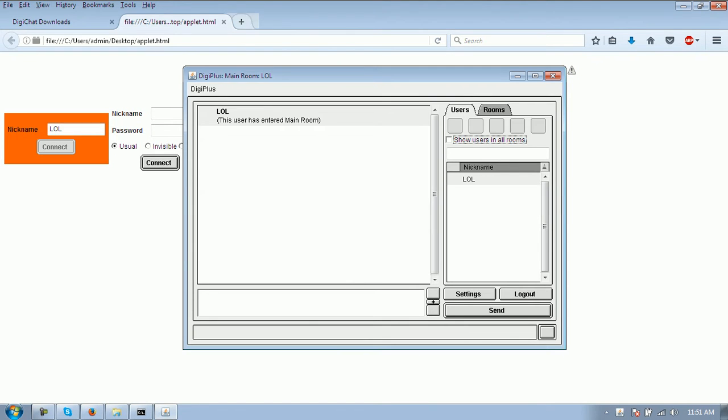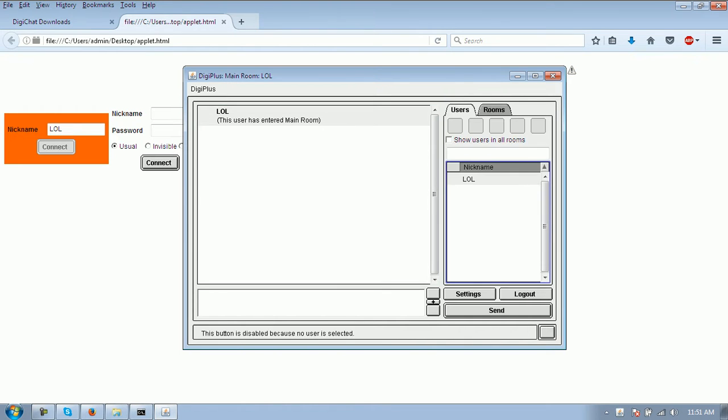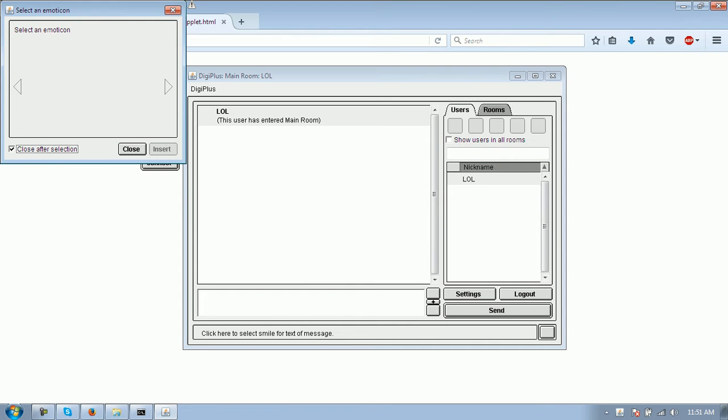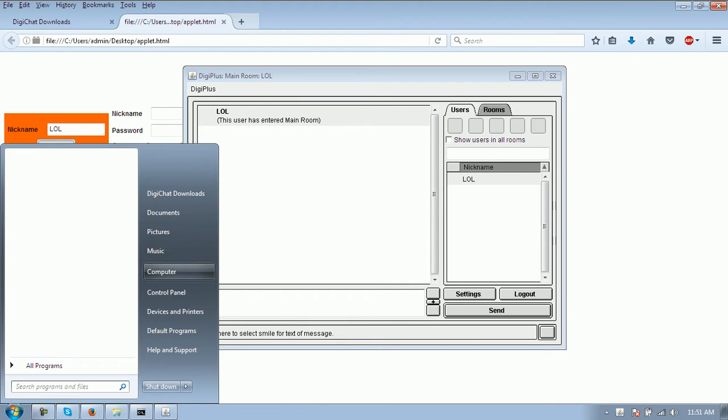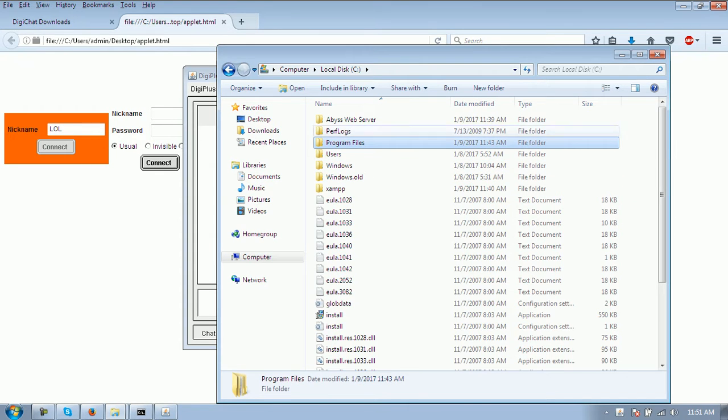As you can see, it works. It's working perfectly, actually. The only problem that we're having, it looks like, is there's no images. Like, where the heck are the images at? So to verify what's going on, let's go to C drive, go to Abyss web